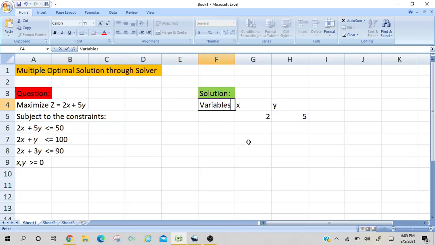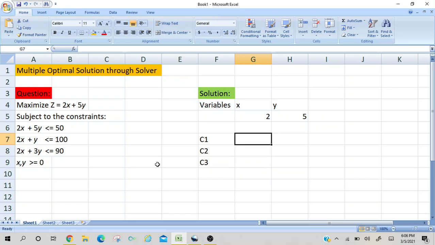Now as you can see, we have three constraints, so I am giving names to my constraints: in cell F7 C1, in F8 C2, and in F9 C3.